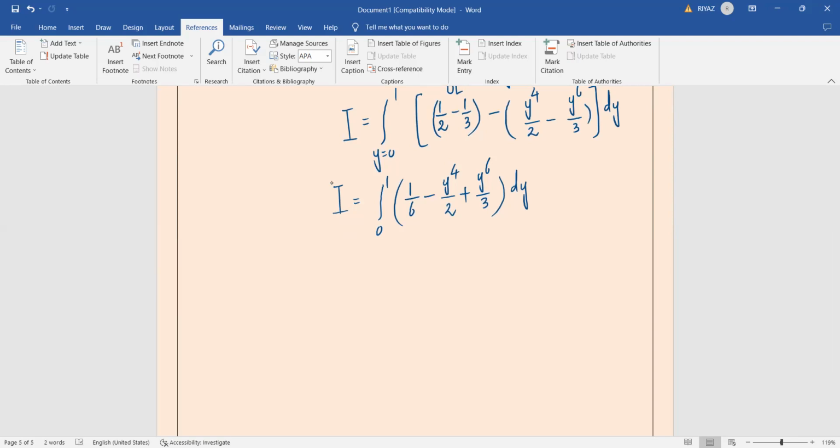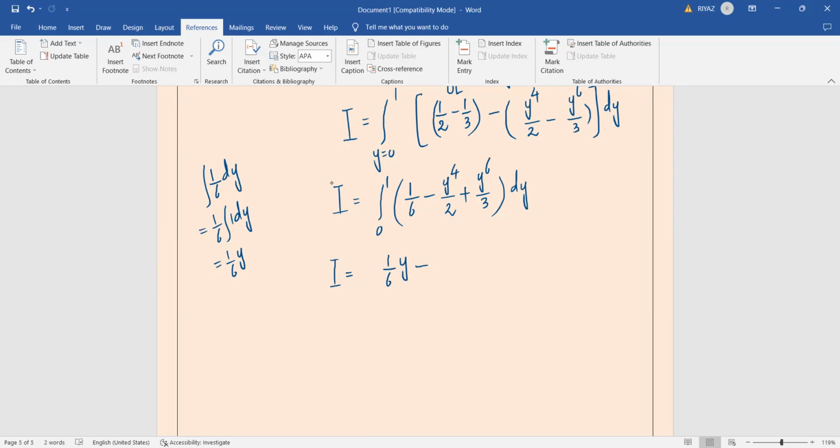Now finally we have to integrate this function with respect to y. What is the integration of 1 by 6 with respect to y? I'll give you the example. 1 by 6, we are integrating with respect to y, right? It means that 1 by 6 is a constant. It will come out, 1 dy, so this becomes 1 by 6 into y. Constant integration with respect to whichever variable, write that variable. 1 by 6 with respect to x means 1 by 6x. 1 by 6 with respect to z means 1 by 6z. Whichever variable it is, it comes in the multiplication.